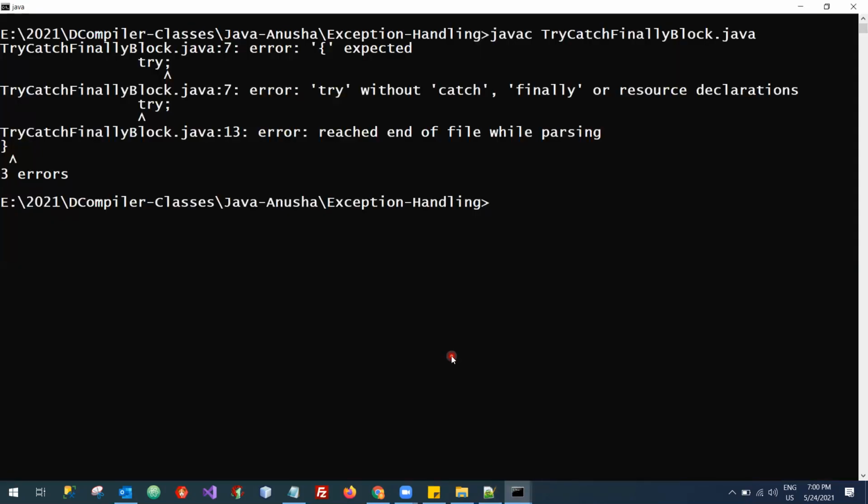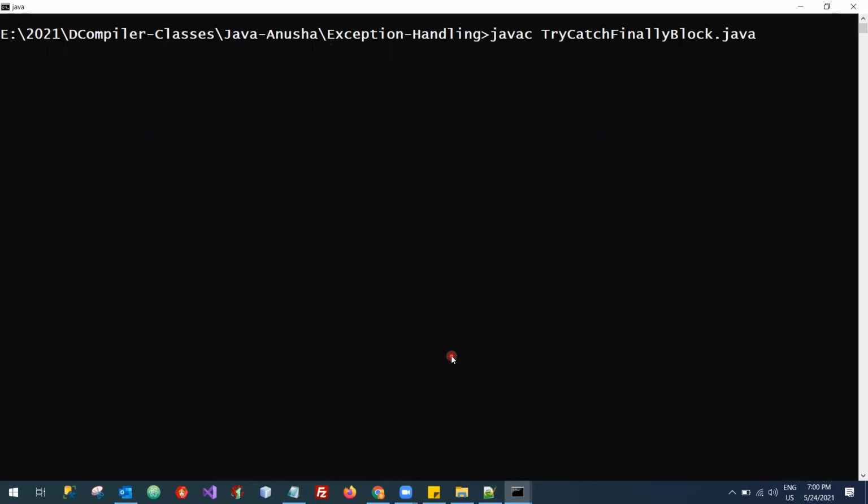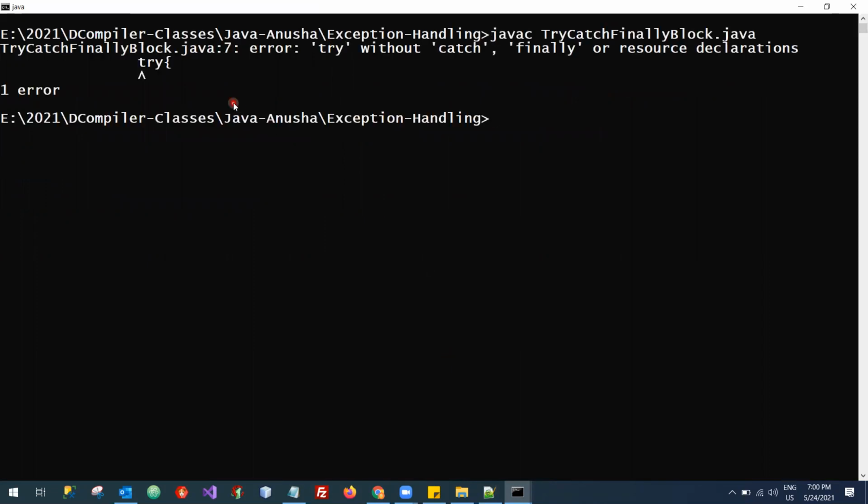So let's see that one. Try block has been written. It is very clearly giving you a message that try is without catch, finally, or resource declaration. Resource declaration we will take up later. Now, try should be followed by a catch block, or try should be followed by a finally block.